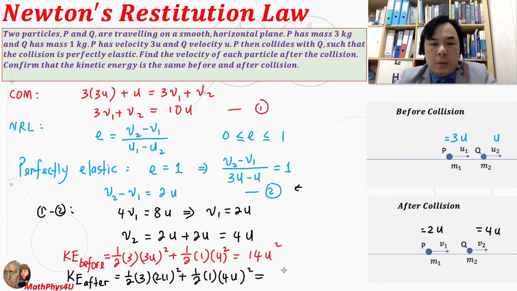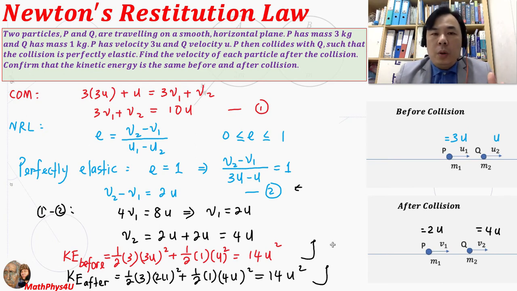And then let's see what we have here. We have 6 here. We have 8. This one is 8. This one is 6. So 14u square joule. Right. Now, therefore, we have successfully verified that kinetic energy is conserved in a perfectly elastic collision using